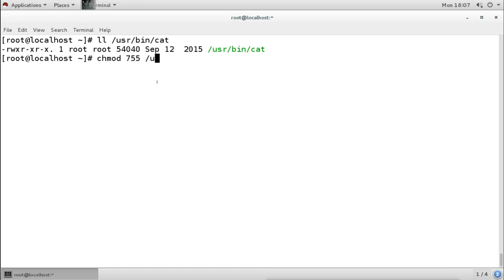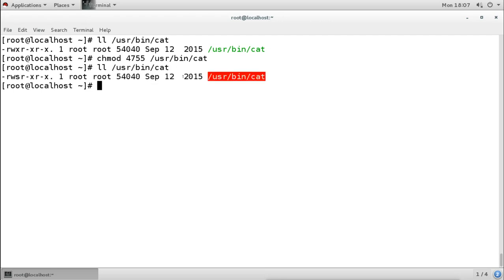Now I only want to enable the SUID, and the third bit value for that is 4. When we do this, we will see the permission here, and this file is now shown in red. Red means it is corrupted, because this should not be done on this file. This is the command binary. Now here you will see under the user's permission the S, instead of X, we will see S here.